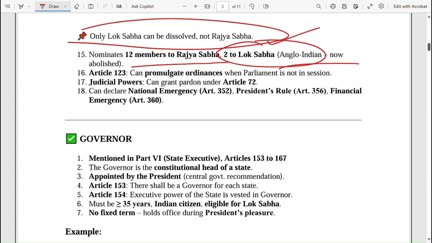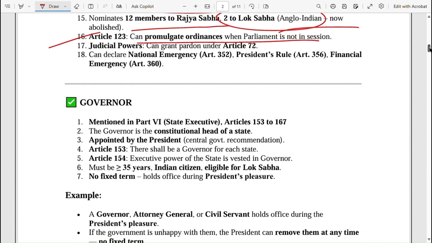So in the previous class we have seen this. And also, what does Article 123 say? Article 123 says he can promulgate an ordinance when the parliament is not in session. So an ordinance is nothing but the president himself starting a session if he feels that some important announcement has to be made or some bills have to be passed. That time the ordinance power is used by the president, which is mentioned in Article 123.